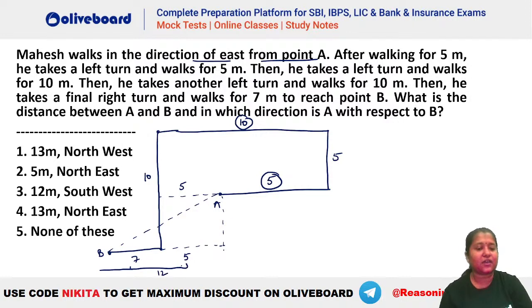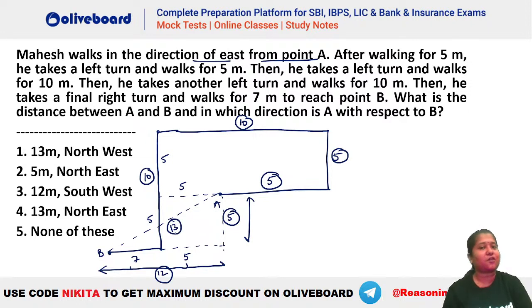तो ये कितना हो गया? You can see this base here is how much? 12 meters. And similarly ये height कितना होगा? You can see this total is 10, this is 5, that means this also is 5 here, ये भी 5 है, ये भी 5 है. So that means this base here, this height here is 5. So you can see if this is 5, this is 12, so the hypotenuse here has to be 13 meter. क्योंकि 5, 12 and 13 forms a Pythagorean triplet. So this is your Pythagorean triplet here, तो 13 meter तो आ गया.